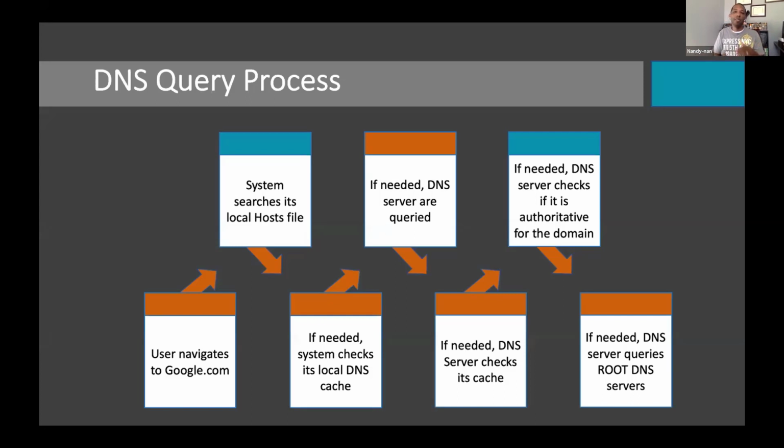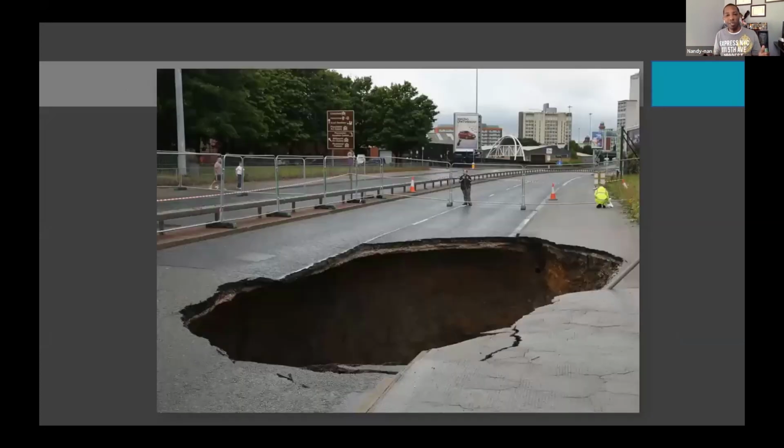Now, if that doesn't make sense, let's look at this mural, or this little picture. We have a person that's starting on the left in a car, which we don't see because he's off screen, and he's trying to get to the other side where those buildings are. There's a gigantic hole in the ground. Essentially, he can't get to the other side because that hole, the sinkhole, is preventing him from doing it. Now, let's ignore the fact there's a little bit on the side in which he could drive around. Largely speaking, that's what we're doing when we sinkhole a domain.